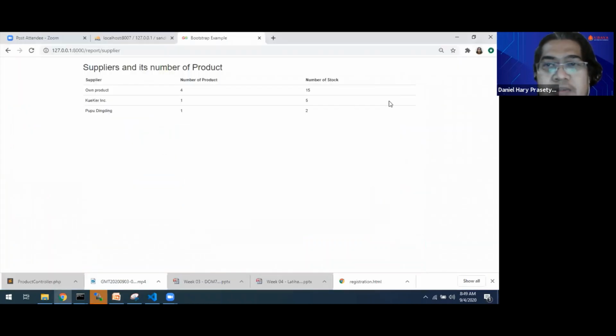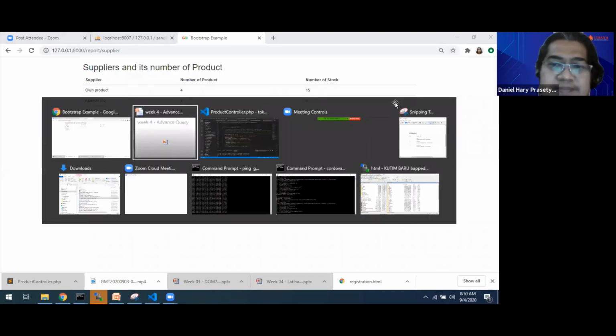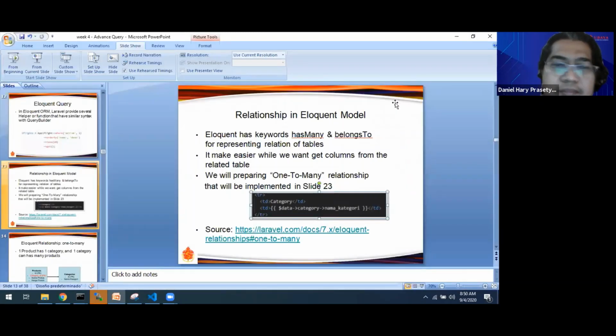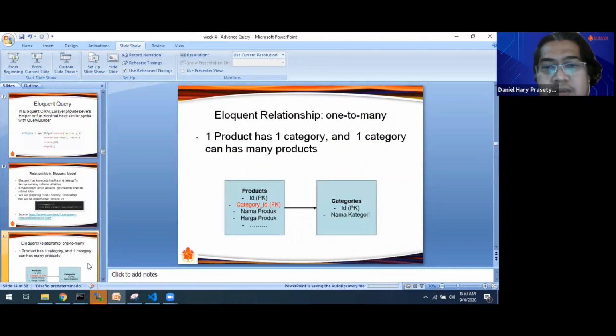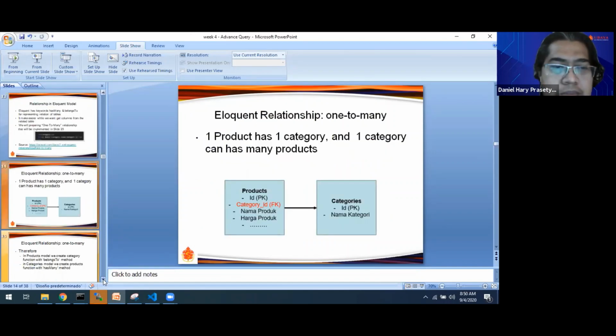Here we will show an example of with: by sending the category, we can have the products data instantly. For doing this, we have to make the relationship in the model.